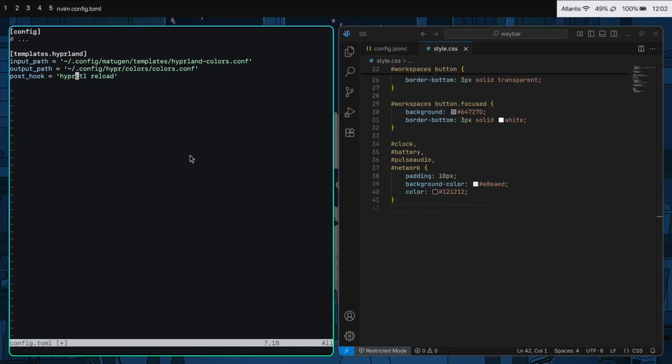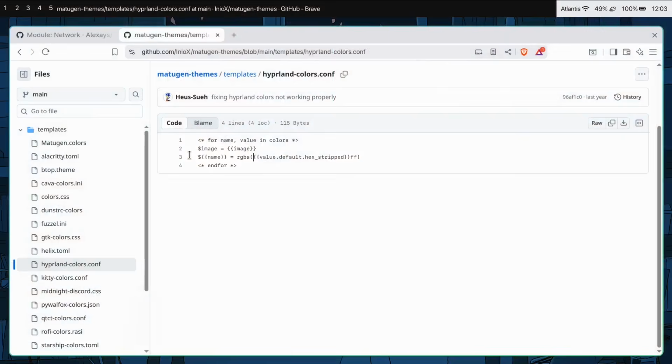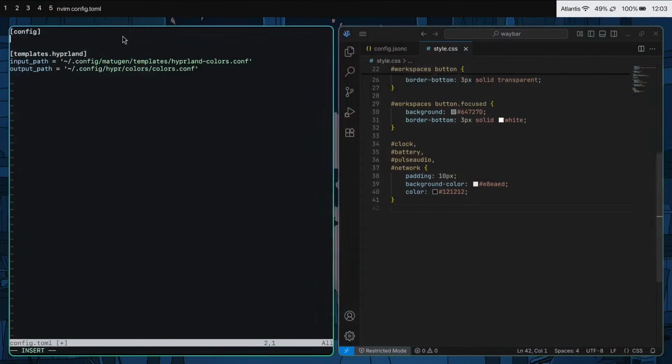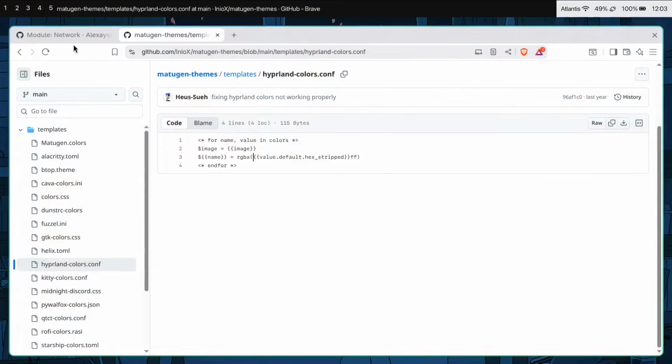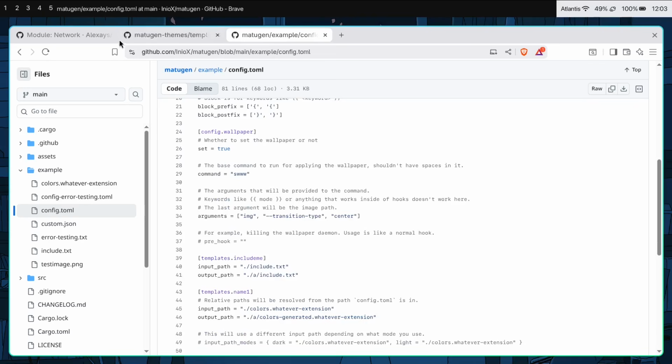We don't need this post hook, so let's only keep what we need and get rid of that hook. Now config wallpaper, something like that. Wallpaper equals true, or let's see, it should be config line there. Okay, hold up. So let's go over to this link, which is Matugen example config.toml, and we have to